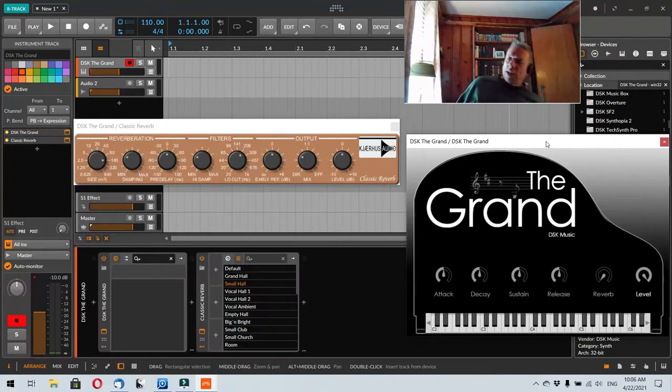So this is Bitwig. It came as an option to download. It comes with a license. If you buy the Impact 61, you get to try out Bitwig. This is an 8-track version, so I'm limited to 8 tracks on this. At my biggest on my album, I think I had 24 tracks. So Bitwig probably isn't going to cut it, but I'm trying to give it a little trial and just see